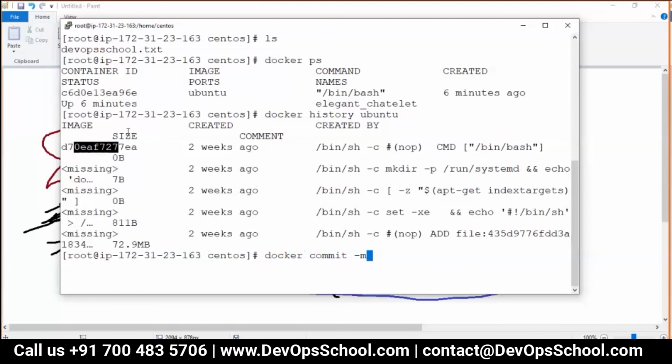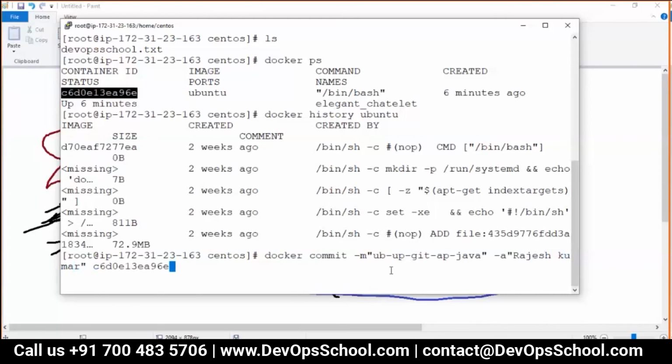commit -m. Why are you committing? So it has Ubuntu, it has update. So let me write in short so you'll understand. It has Git, it has Apache, it has Java, everything. Now who are you? Author. Your name? Rajesh Kumar. Which container you want to commit? This container.